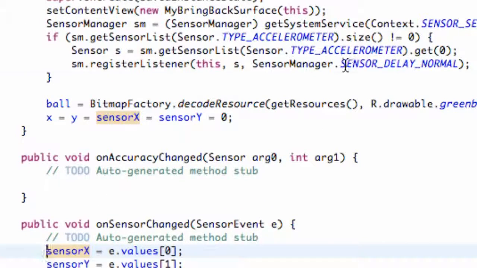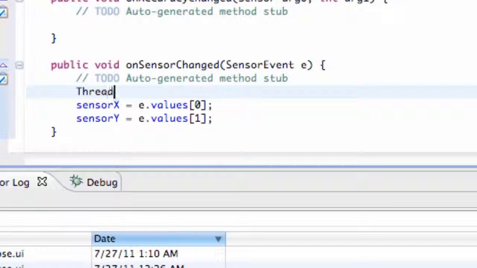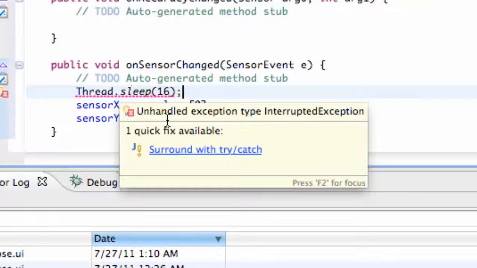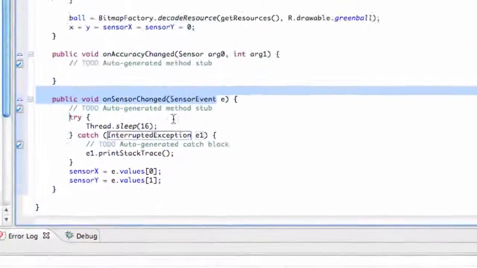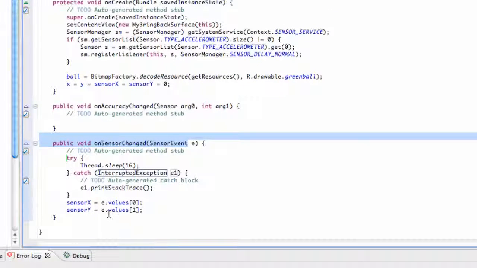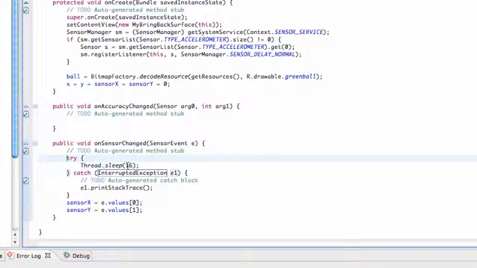And also another thing that we can do is we can even delay this even longer, because even though we set it equal to be a normal delay sensor, we can even delay it a little bit longer by just adding a Thread.sleep method to like 16. 16 is about 60 frames per second, and then we're just going to add a try and a catch around this sleep method here. So that will kind of save us some processing speed, so it's not checking every time our sensor even slightly moves. But it's good enough, for example, 60 times per second to update basically our X